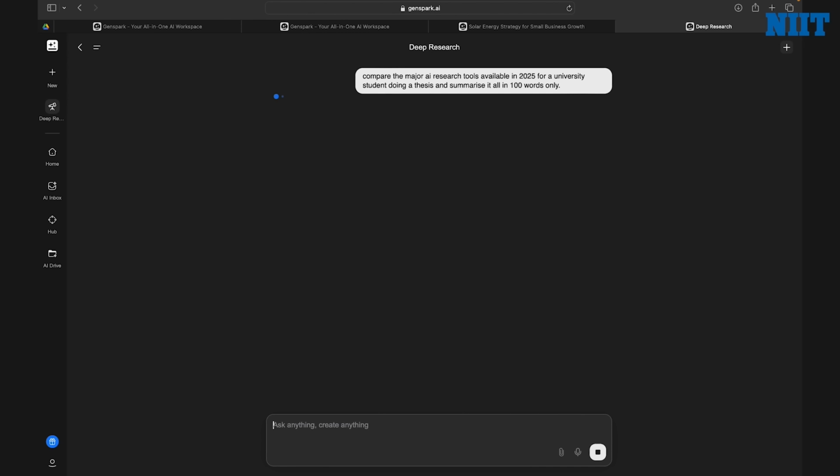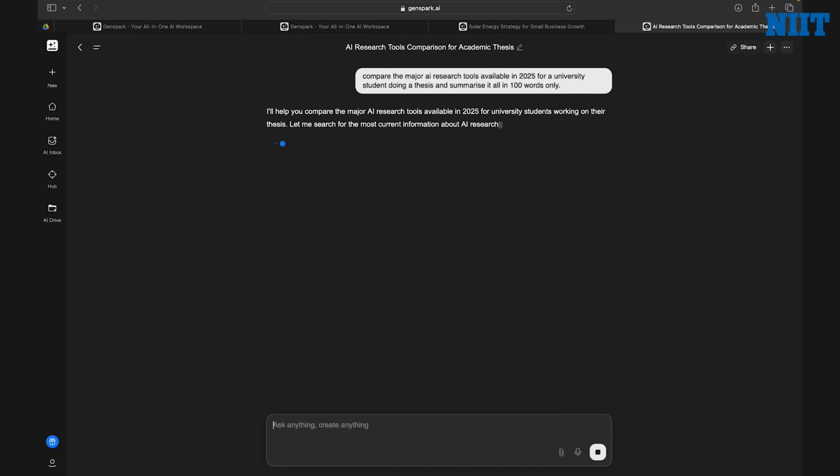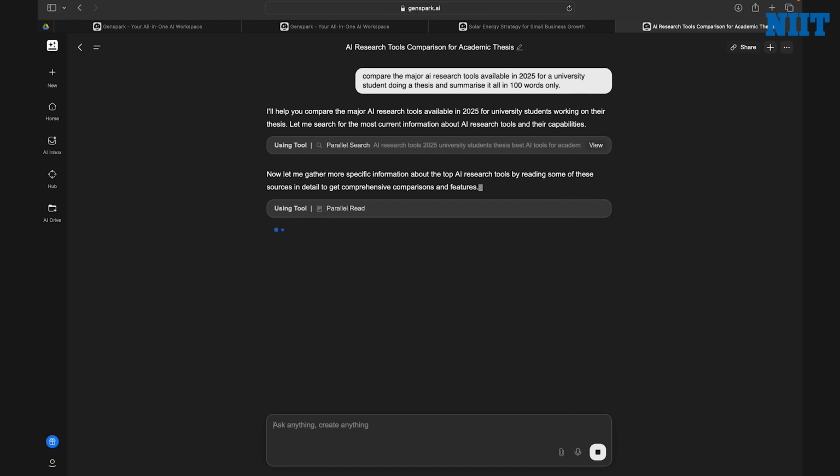The reason that I'm using 100 words is because Genspark's free plan has very limited credits, so I'm just conserving my credits here so that I can help you go through all of the features that Genspark has